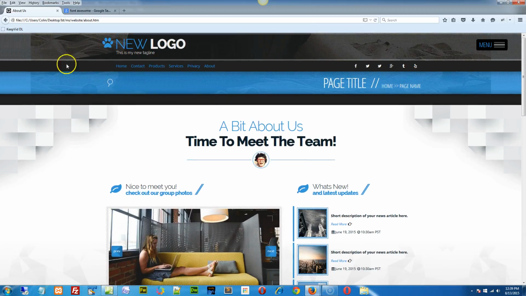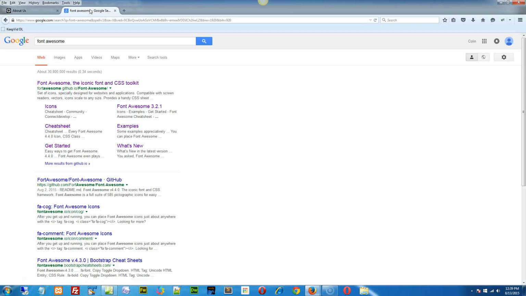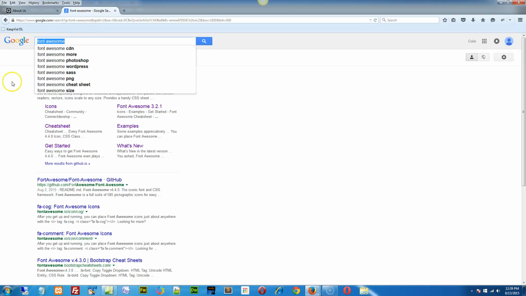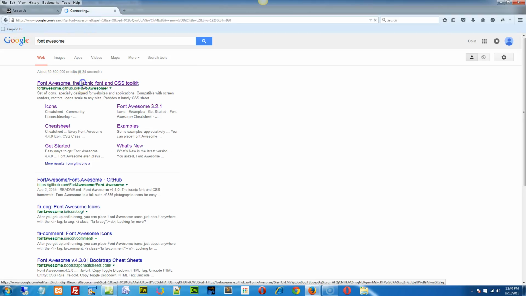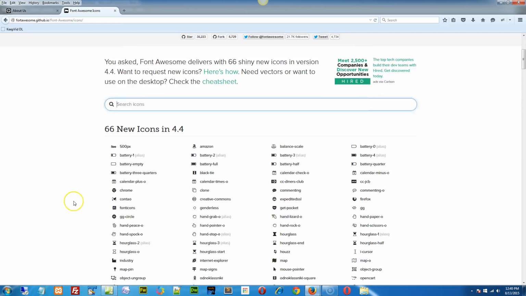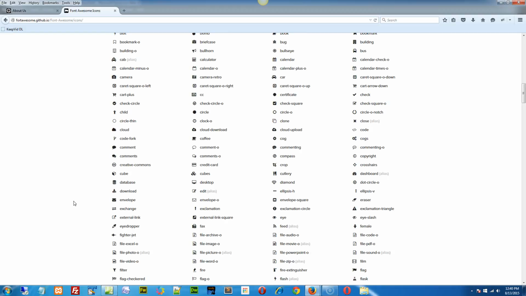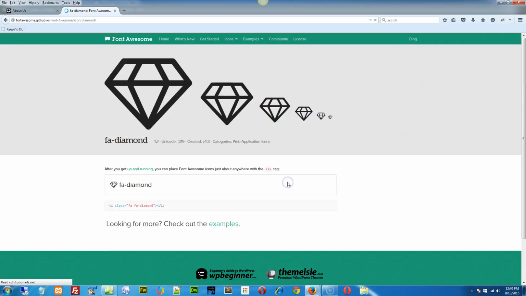First of all, let's go to the Font Awesome website to see what these icons are really all about. So I'm just going to pull up a web browser, type in Font Awesome, and Google's going to give me the first item right here. I'm going to click the link and go to the Font Awesome website. When I'm here, I can click on the icons link, and it'll take me to the icons page where there's all these different really cool icons that I can use. So I can use these for content headings, for paragraph headings, for wherever. Logos, for example, right? If I was a computer website, or a website dealing with jewelry, I might just use the diamond